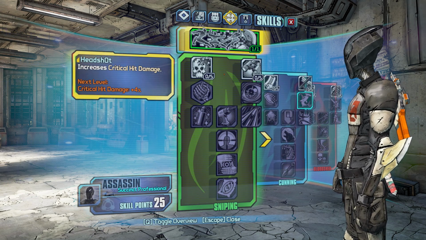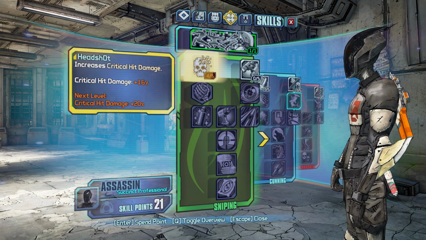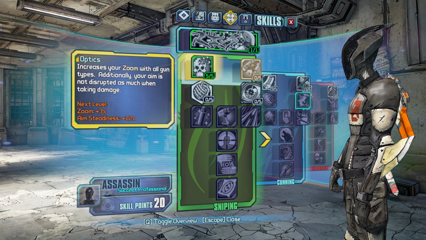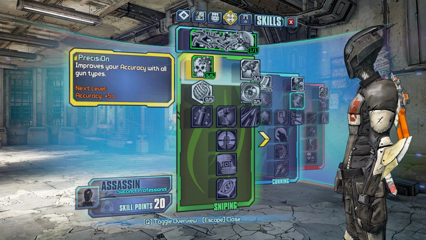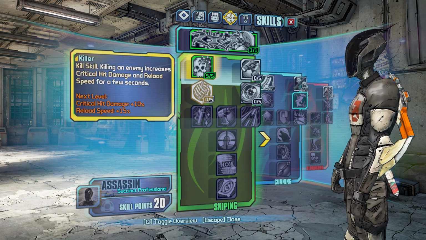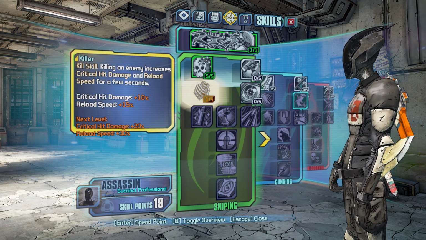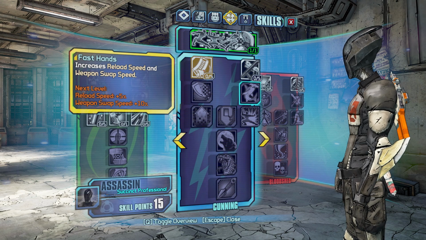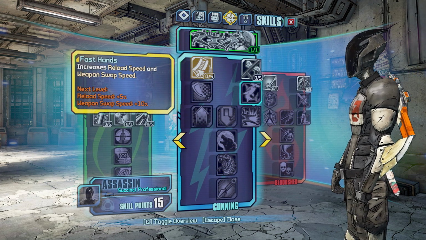Let's go through this. We're gonna have some critical hit damage right here, so going to put 5 points into that headshot. I'm not going to put any points into the zoom here. It can be helpful at sometimes, but I don't think it's worth it. At this point, I'm not going to put points into accuracy as well. So I'm going to come down this side because killing an enemy increases critical hit damage and reload speed. So there we go. 5 more points over here. In the middle tree, you can put some points into fast hands, which gives you reload speed and weapon swap speed, but I would do it more for the weapon swap speed